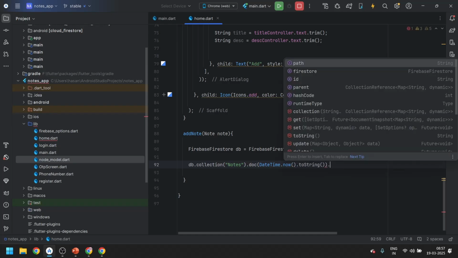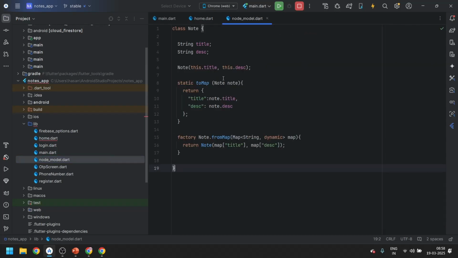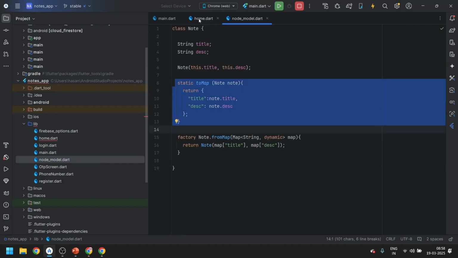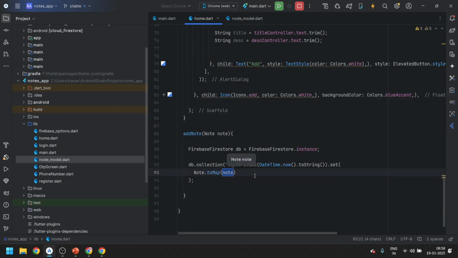Then what we are going to do? We are going to add. In Firestore we use set to add anything. What will this set take? This set will take the data in map format, and I don't know how to make a map format. So in the note model we created a method called toMap. Let's access it and write toMap, and it takes a note as a parameter. Just pass that, add await, and make this method async. It may take time. When the method is completed,